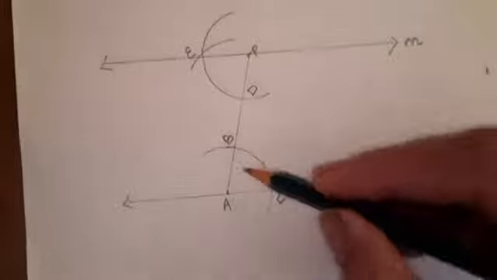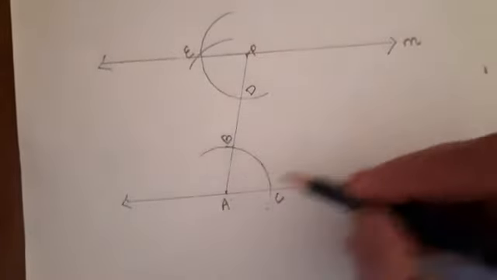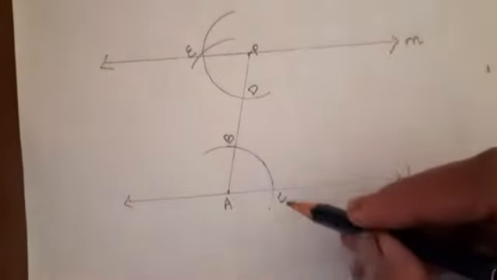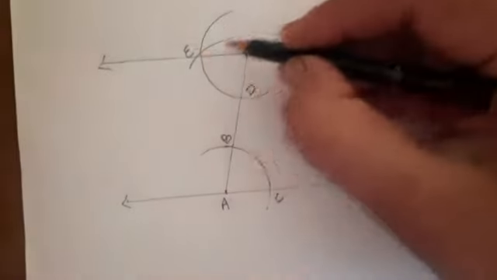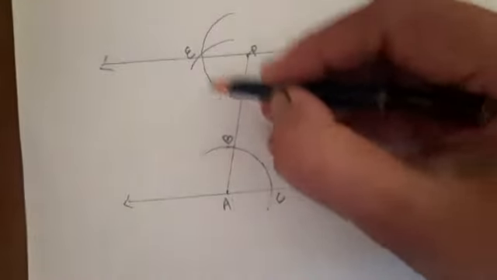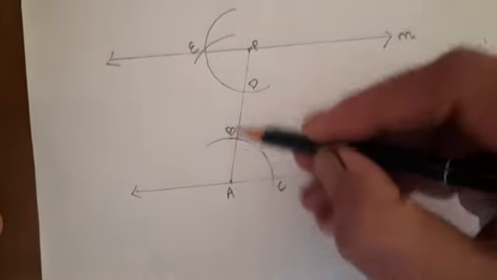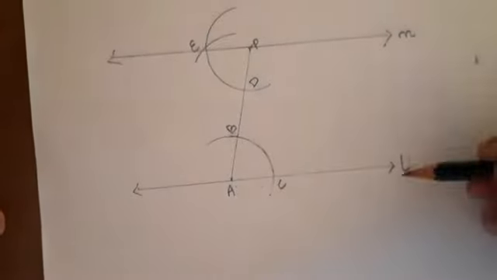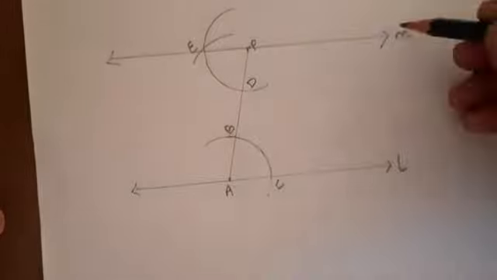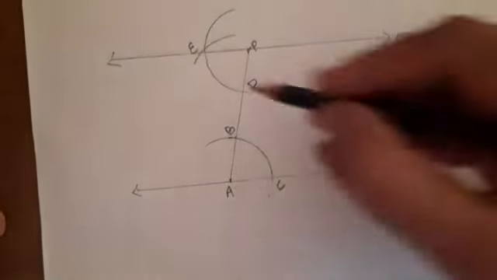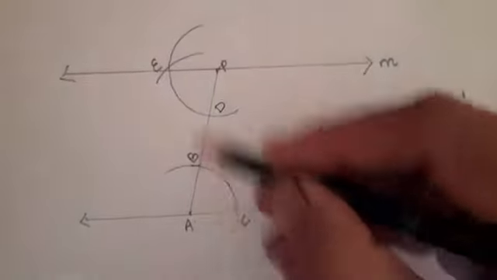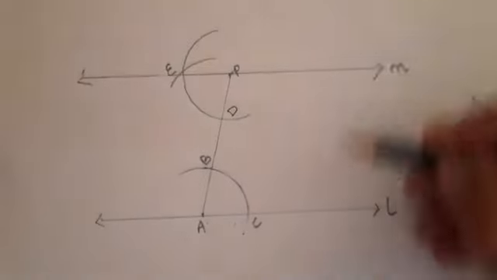And one more thing, now this is the angle, that is angle LAP is equal to angle EPA. These both angles are equal, that is, alternate angles are equal, then the line L is parallel to M. You have studied in parallel lines, you have studied alternate angles are equal, then the given two lines are parallel.